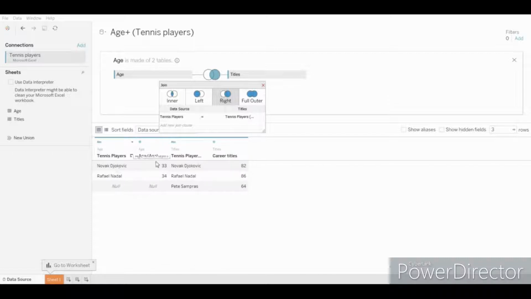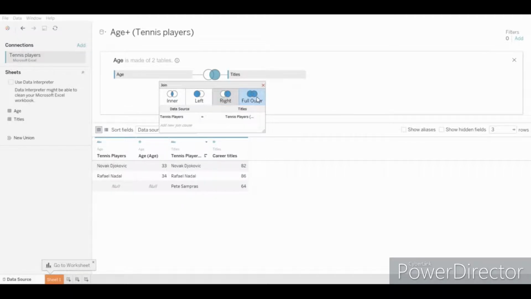So the third player from the age table, which was Roger Federer, will not be visible here because it doesn't match with the titles table. And for the third player in the titles table, Pete Sampras, the value will be null in these columns because there is no value in the age table for Pete Sampras.